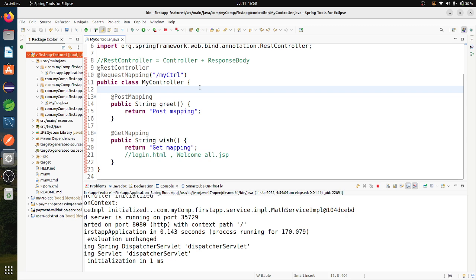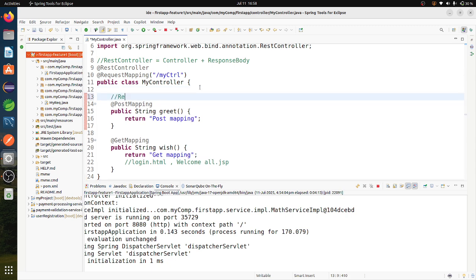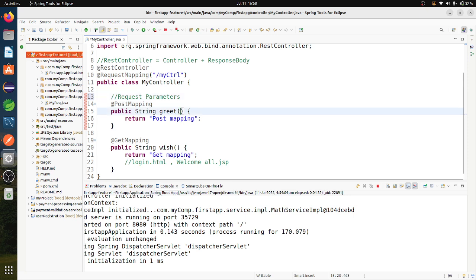So first of all, request parameters. I want to take some parameters from the user. As soon as the client is passing the request, at that time I want to take the parameters. Parameters will be taken in the parentheses only, right? That's why I'll take some request parameters here.